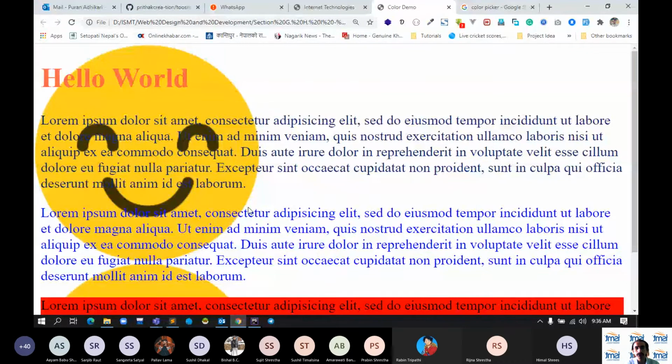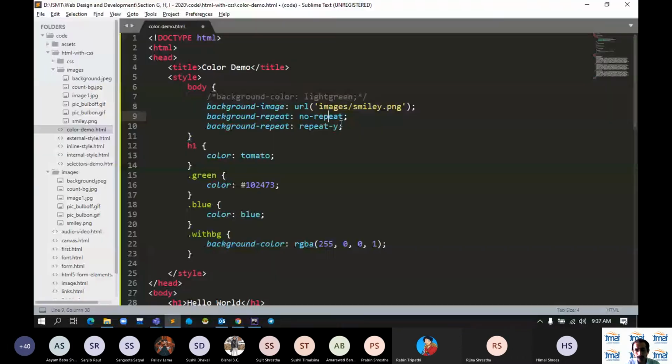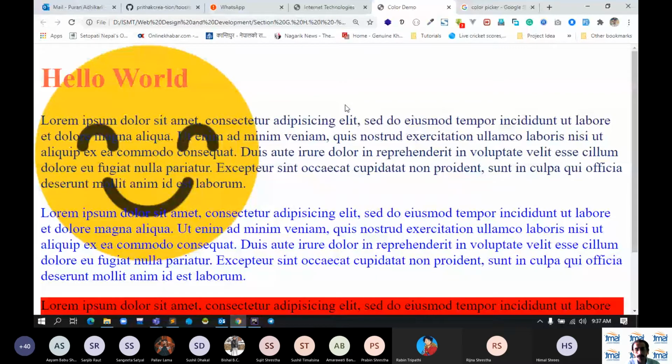So background-repeat चाहिँ यसरी हामीले गर्न सक्छौं: repeat-x, repeat-y or no-repeat. If you put no-repeat then it won't be repeated है। ठीक छ।